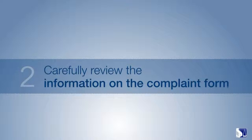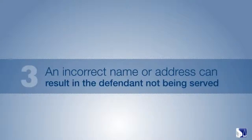All names must be spelled correctly and include a middle initial if one is used. Street numbers and addresses must be accurate. Most states don't allow a post office box as an address, so be sure to use complete street addresses and apartment numbers. An incorrect name or address can result in the defendant not being served by the court's process server,